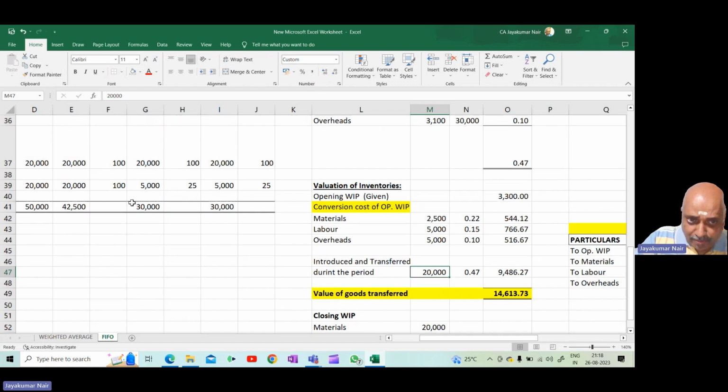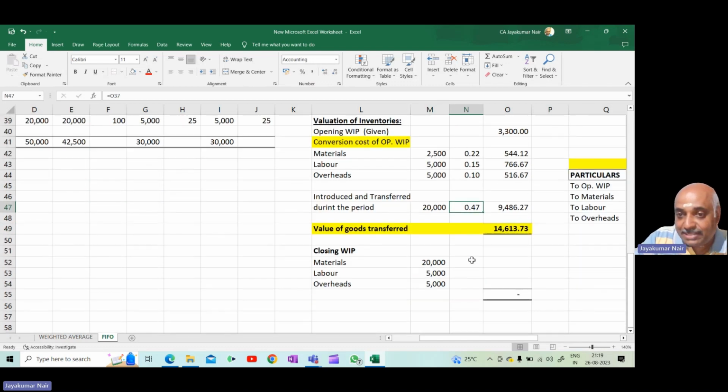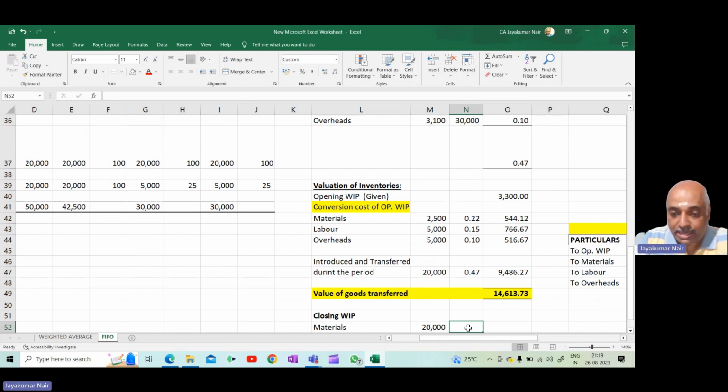Because in equivalent production, material, labor, and overheads all put together were the same, 20,000, 20,000, 20,000. That's why instead of multiplying 20,000 into 0.22, 20,000 into 0.15, and 20,000 into 0.10, I said 20,000 into the total. Whereas here you have to take